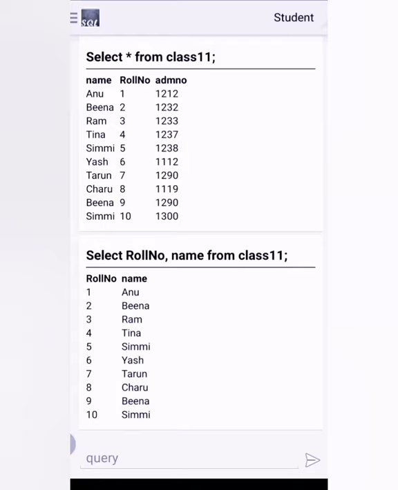Press enter. Now see, the table class 11, it shows only the roll number and the name of the students.